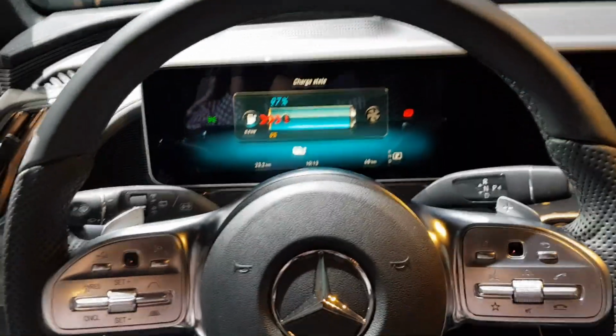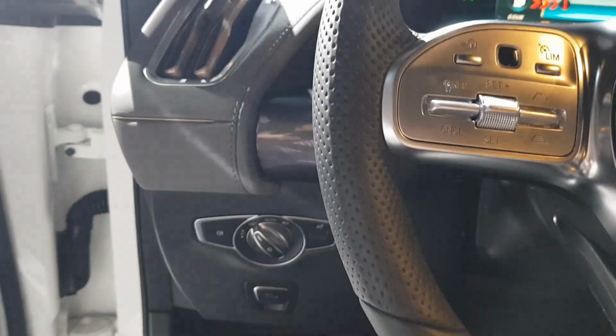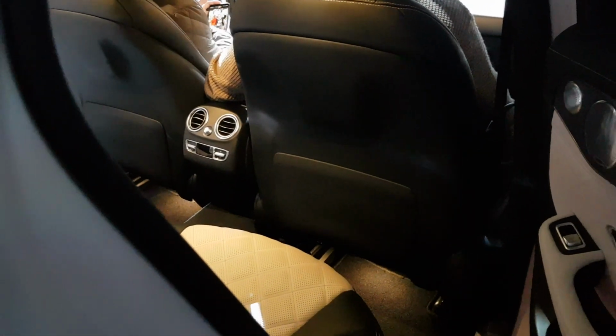Plenty of space. Plenty of space, isn't it? A lot of legroom. Yeah. Nice. The bonnet's too heavy anyway to do it all the time, so it's just